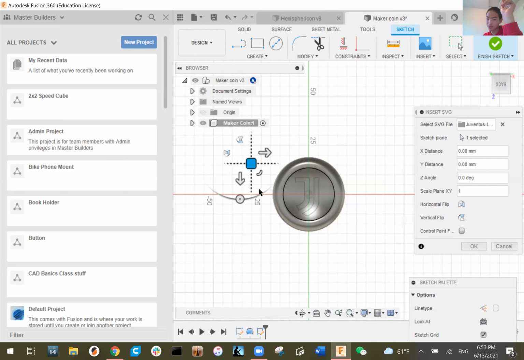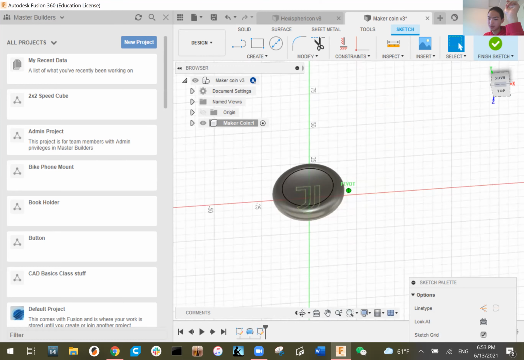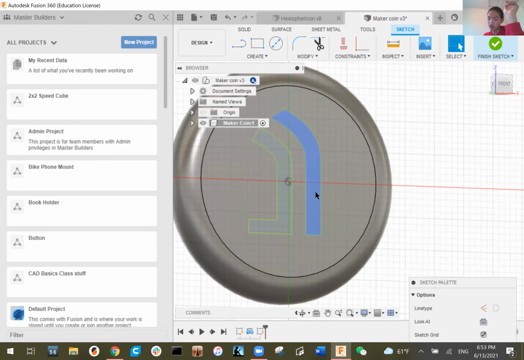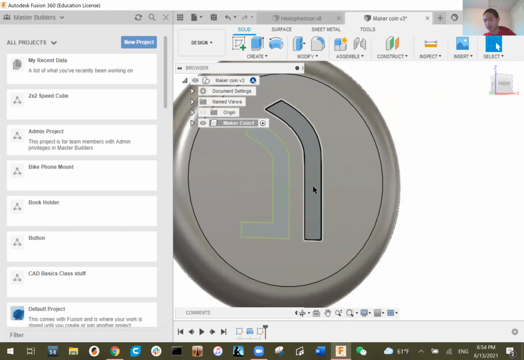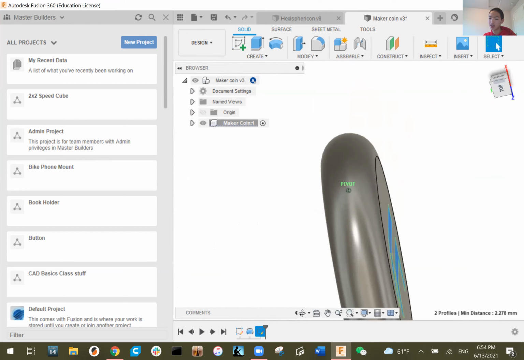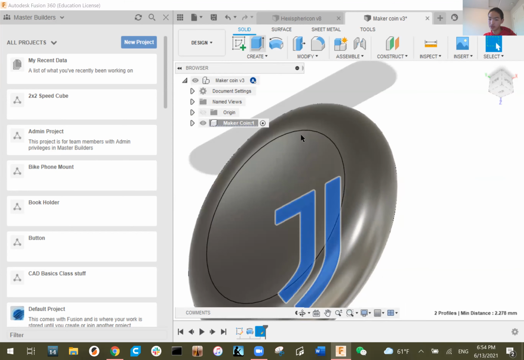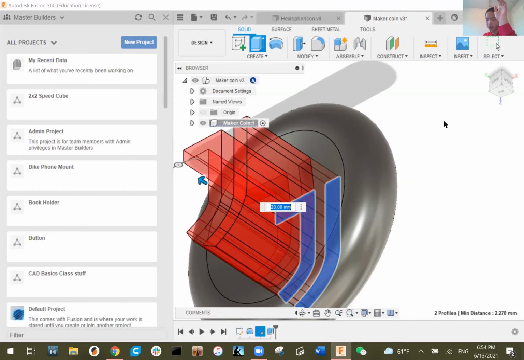You can then drag this square around into the right spot, and after you've got it pretty well lined up, you can click OK. As you can see, it creates a sketch for your logo. Then you can finish sketch, and you have this sketch that you can use to extrude through your coin